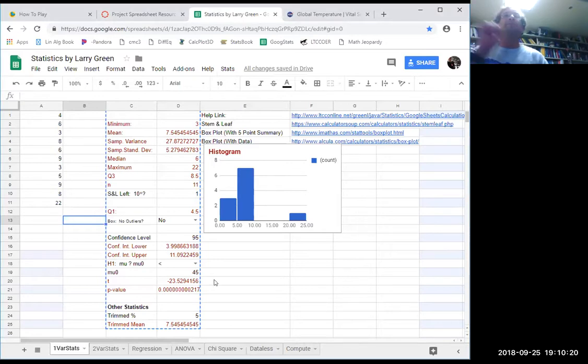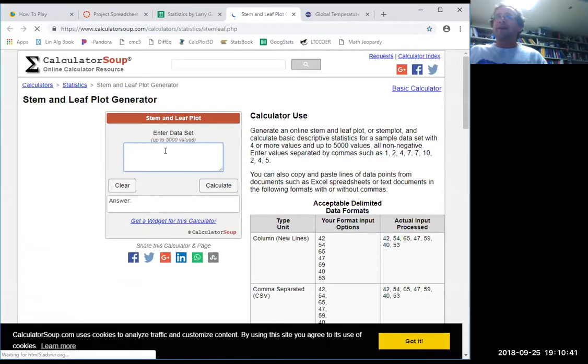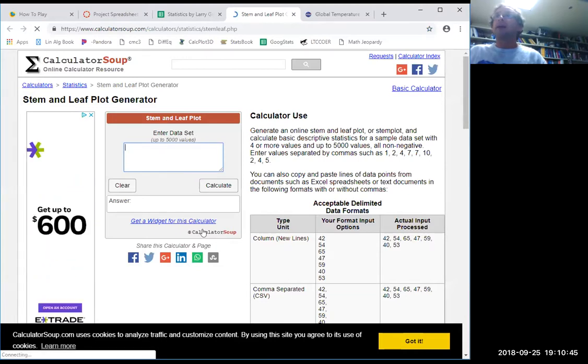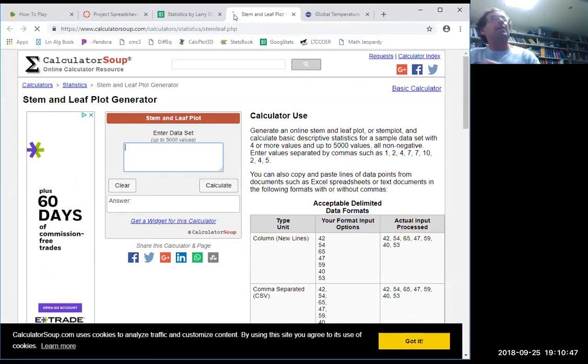I want to show you what happens if it doesn't happen, because there's all kinds of security issues nowadays. By the way, I would never write a program that gives you a virus, but Google's scared. So you can always click on these links, and these links do the stem and leaf and box plot for you. You can copy your data set in, and it'll give you one. Does that make sense? And that'll give you a box plot. You can copy and paste that box plot into your paper.